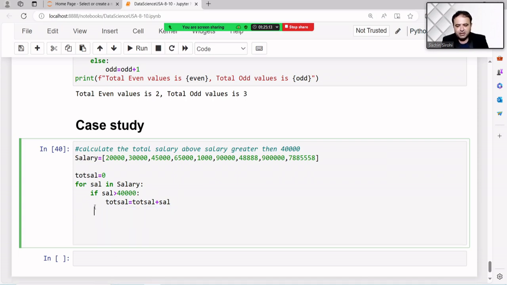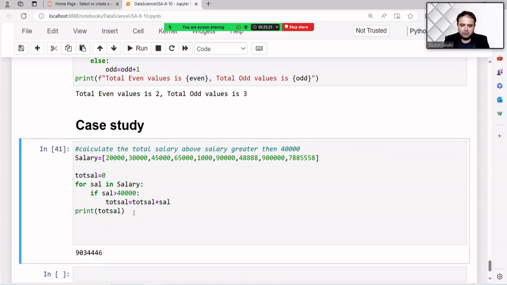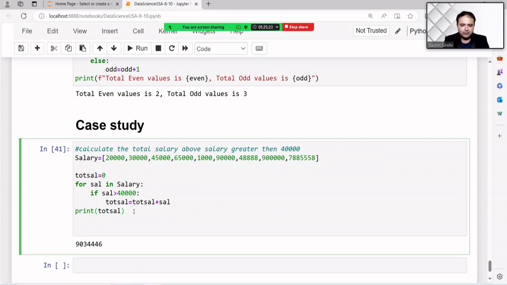So when the process is completed, we can directly print. So it is the total salary of all the employees whose salary is greater than this one.